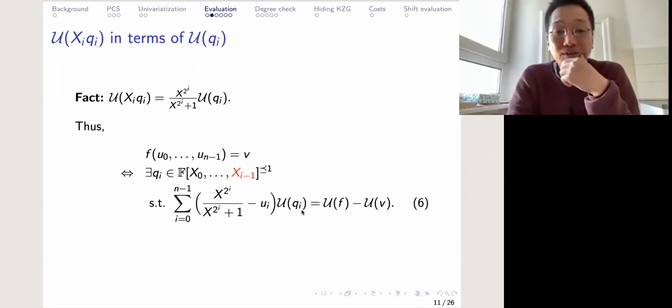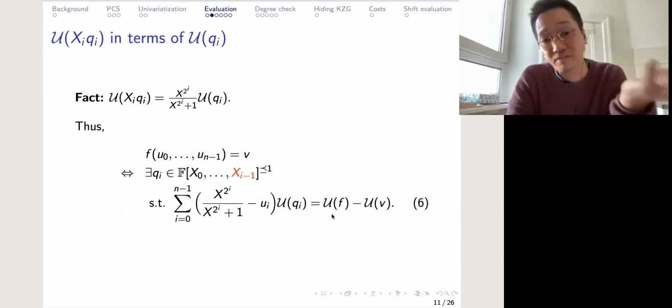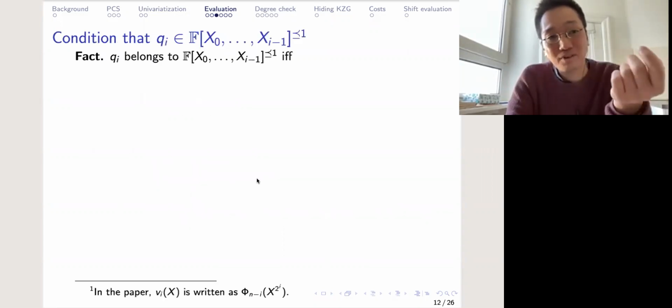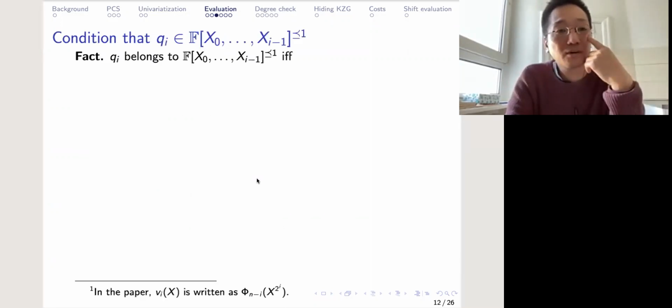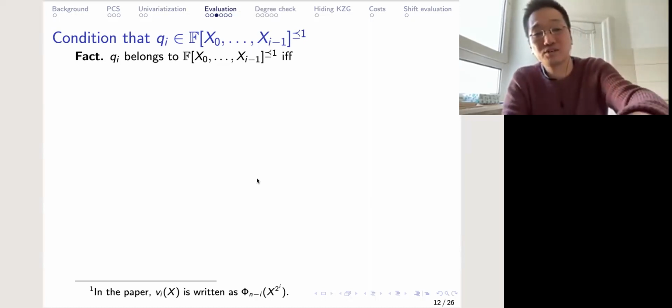So the verifier, upon being given the commitment to u of qi, can evaluate both sides using a univariate evaluation protocol. Now, the extra task for the verifier is to make sure that qi satisfies these variable conditions. And luckily, there's a way to do it, and it depends on this fact: qi belongs to this space, satisfying the variable conditions, meaning it's a polynomial in the first i variables,